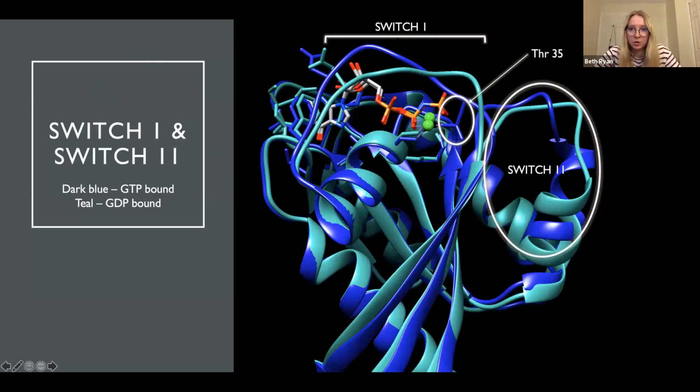If you look at switch 1, which is up here, you can see how these 2 loops do not overlap with each other. The reason is that here's threonine 35, and there's the 3rd phosphate, so it's able to bond to it, and it's pulled closer in than this blue loop right there. And then switch 2 also occurs in the loop, which because of this causes the non-overlap of those two